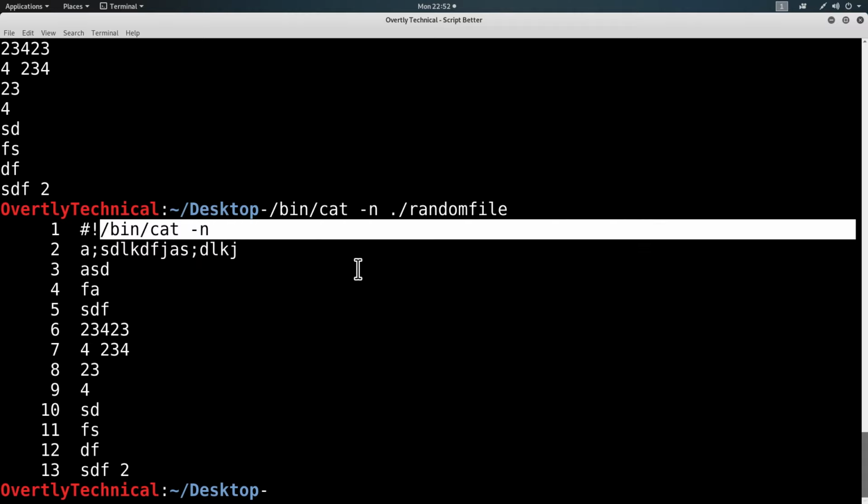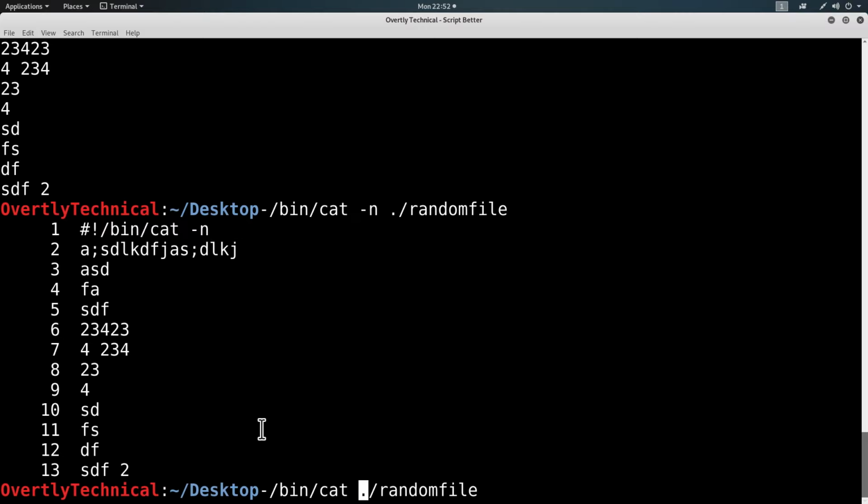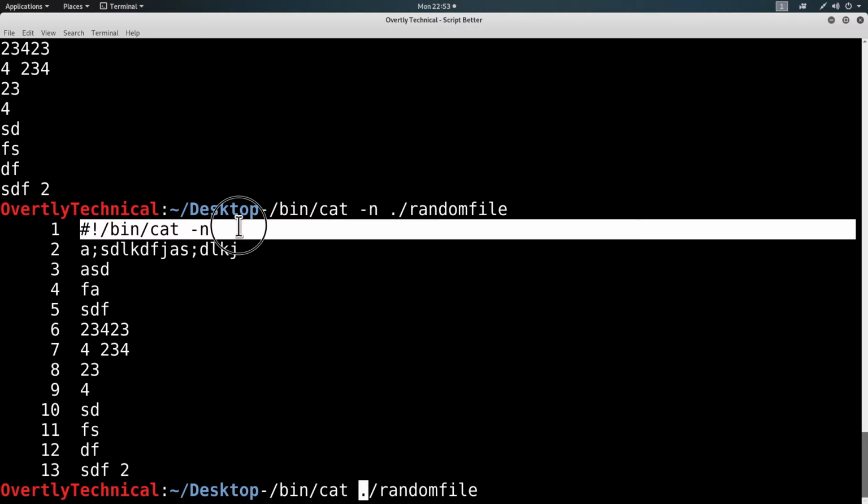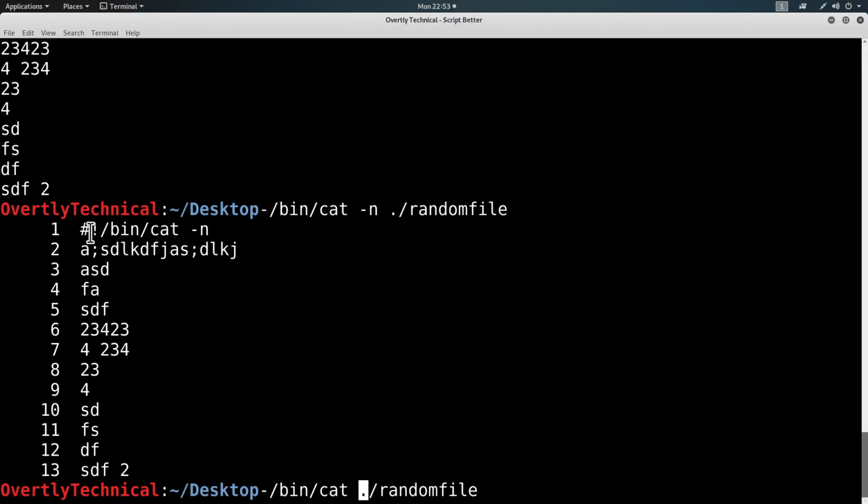Now, if I use another program to call this file, like you just saw me do with cat by itself, bin cat, it will forcibly use this program to run this file, not the thing that I'm telling it to do here. It does not ignore this line. It just does not take this as arguments for running this file. It's still passed in, as you can see. Cat itself still reads this as a line, but everything else doesn't. That's the reason why the hash is there, so that most programming languages know to ignore that line.